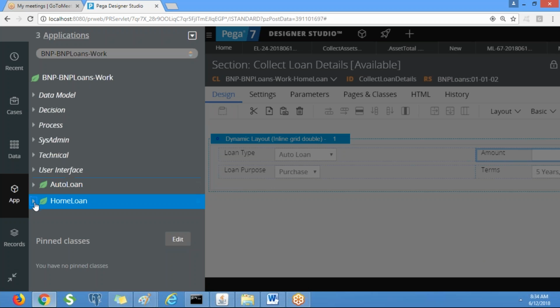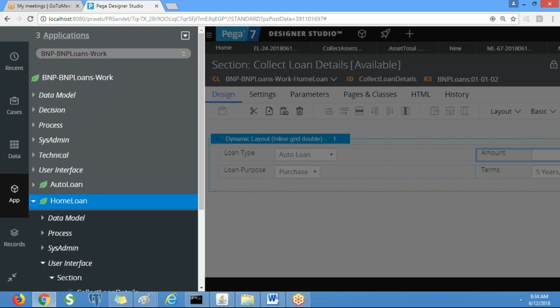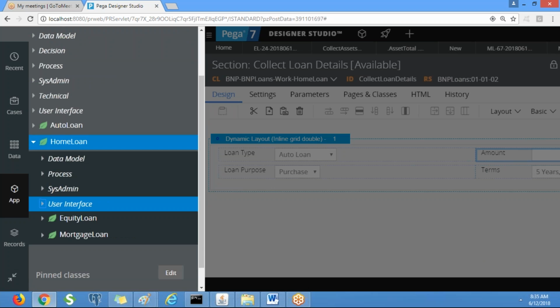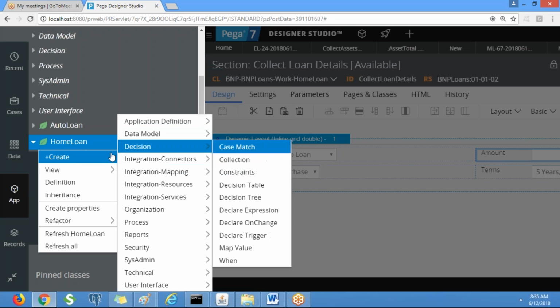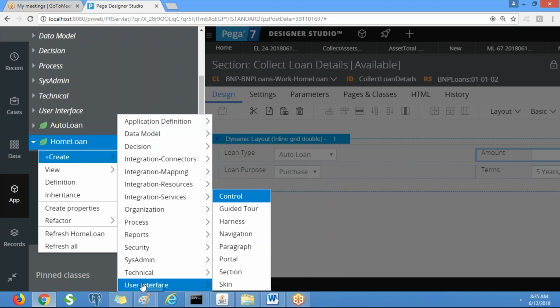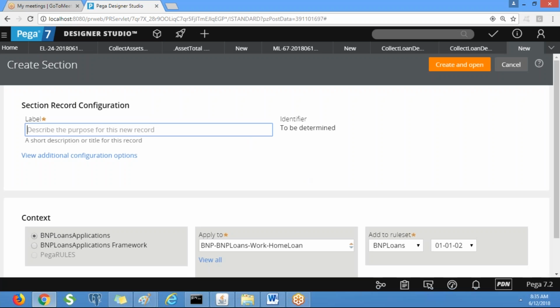So if you want to make it available for both, where we need to create? Yeah, we need to create under home loan class. Create user interface section. Collect mortgage or equity info.